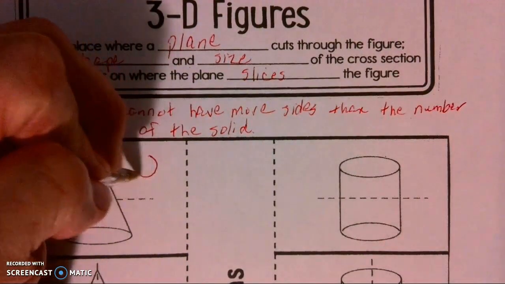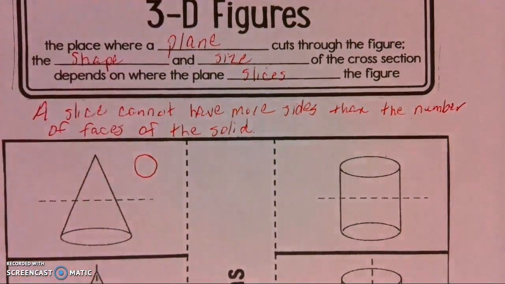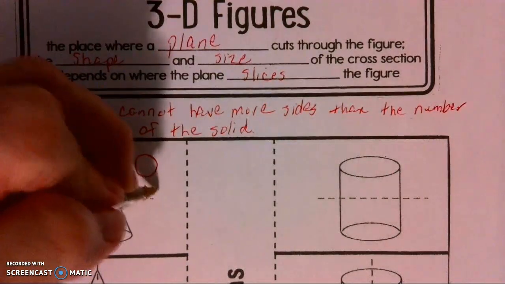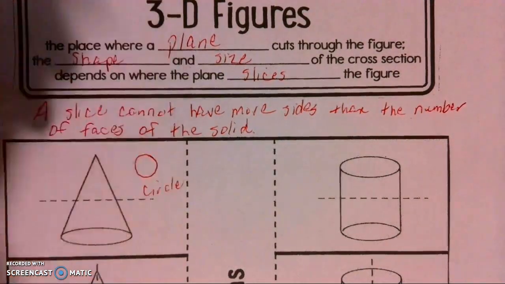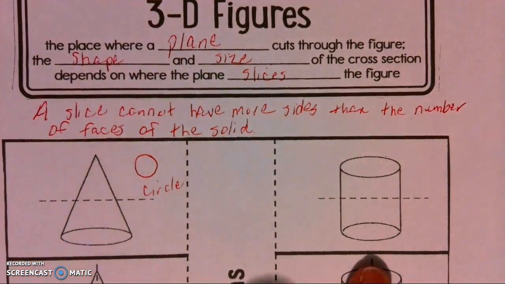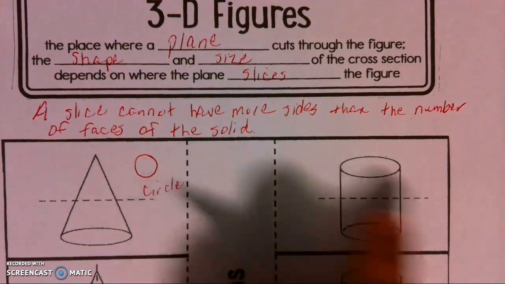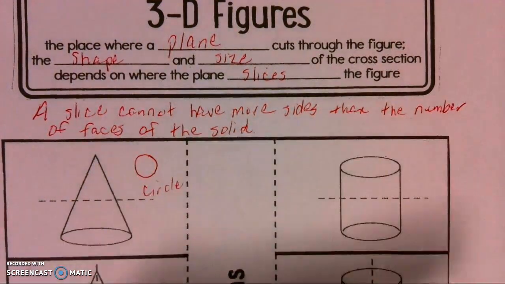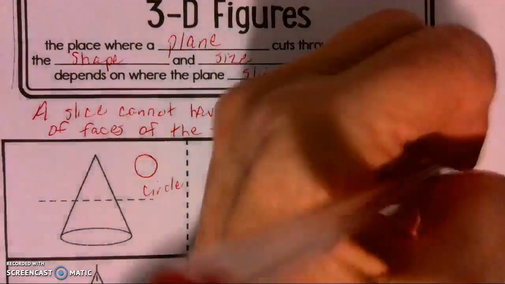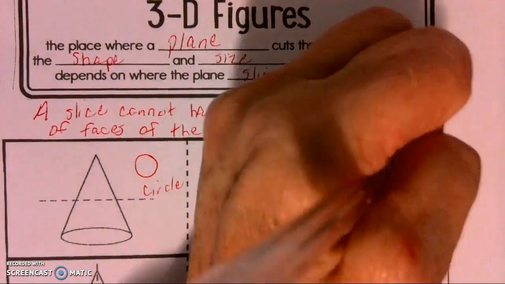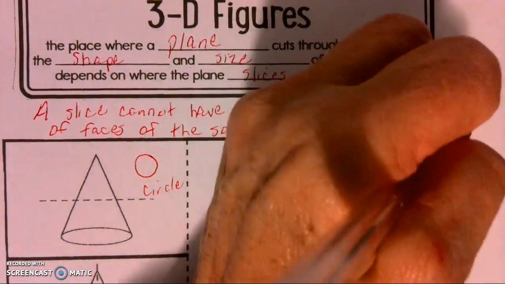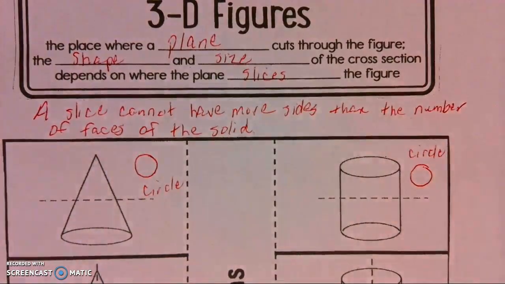So on the cone, it's going to look like a circle because it's parallel to the base. The same way on a cylinder, if I slice this and then look at that two-dimensional shape, it's going to be a circle